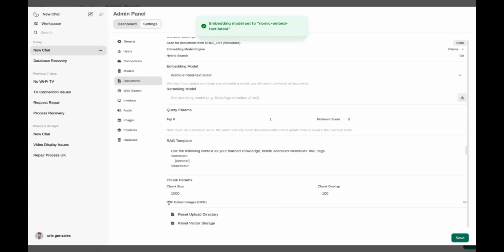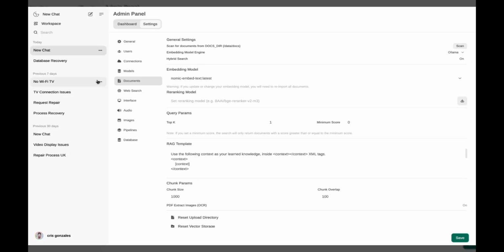So if you have documents that you have loaded that are in PDF format, this entire UI does have OCR, or optical character recognition capability. It has the capability to read images that are in the PDF.